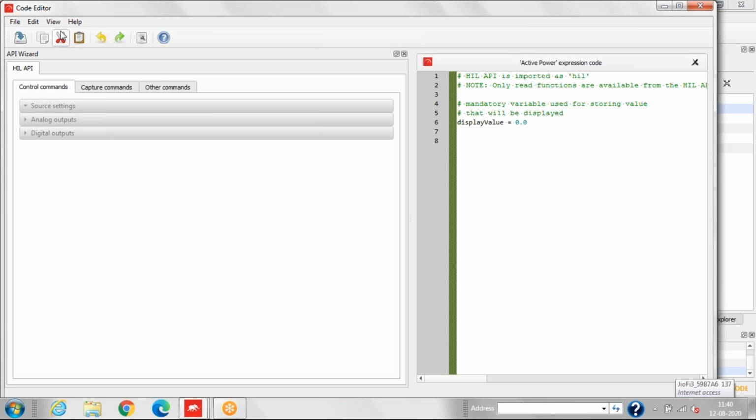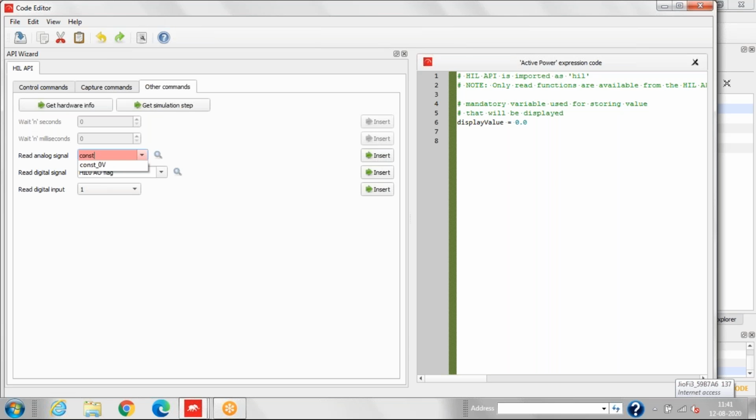We'll go to the other command and write node 1 power. So we'll insert the code. The display value will be, we'll change 002, and that will insert the signal.